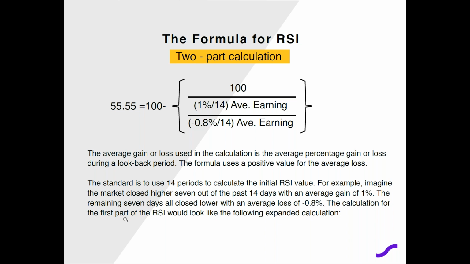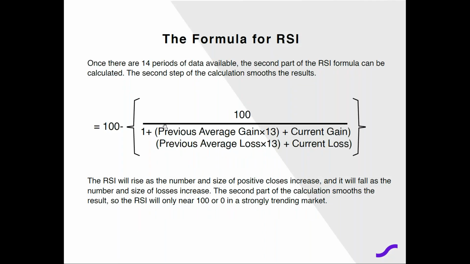So the calculation for the first part of the RSI would look like the following that we're seeing on top. This would give you the calculation. Now there's a second part to the calculation, guys. I'm moving fast because knowing how to calculate it is not as important as using the RSI. The RSI calculations are all done automatically by the systems. All you guys need to know is what the levels are, what the readings of those different levels are